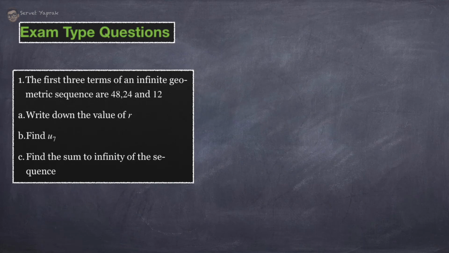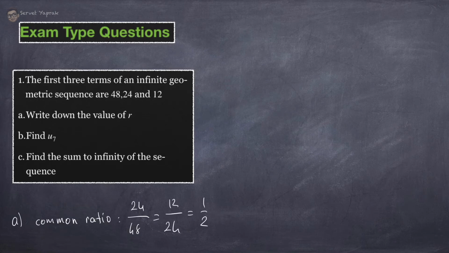Exam type questions. The first three terms of an infinite geometric sequence are 48, 24 and 12. Write down the value of r. So we can easily find the common ratio r, which is equal to either 24 over 48 or 12 over 24. Either way, we have 1 over 2. This is part A. Since we have the common ratio and the first term 48, we can solve part B,